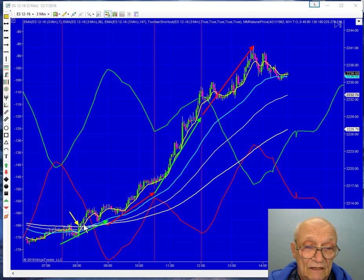Then we finally got the fast yellow moving average. That's nominally a 20-minute moving average, and we started getting the green candles, and right there it was clear we should buy. At that point we had passed the inflection point where it wasn't clear which moon tide was going. This little run up early might have convinced you the red moon tide was working, but things change when the normal session starts, of course, so you have to be alert to see which way the market's really going to go. Well, it started up, and there the green tide was going up, and this arrow shows the piecewise green